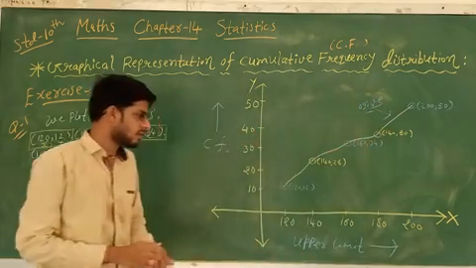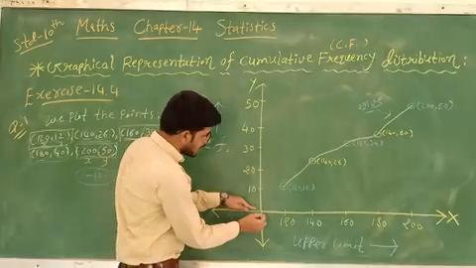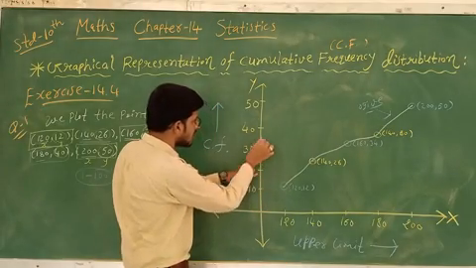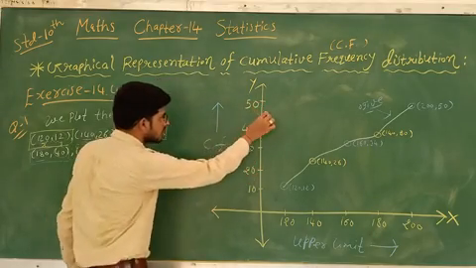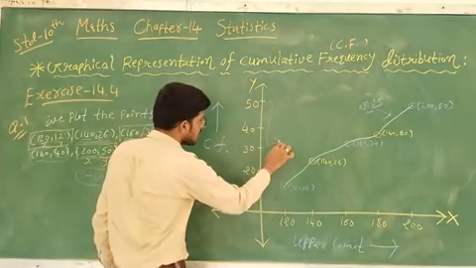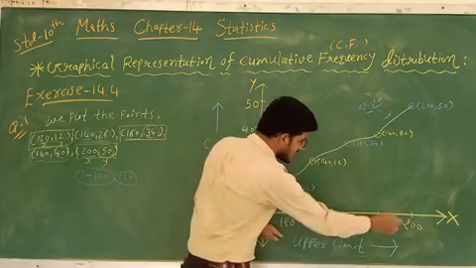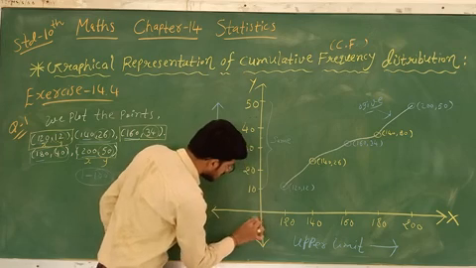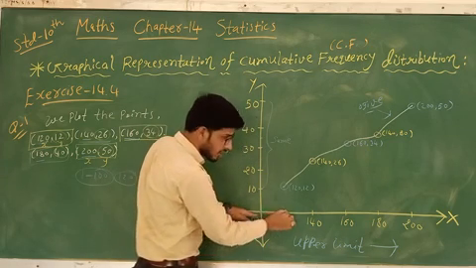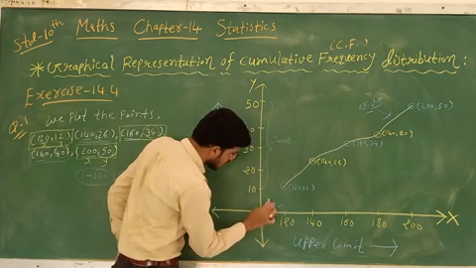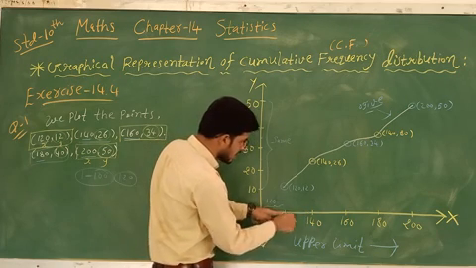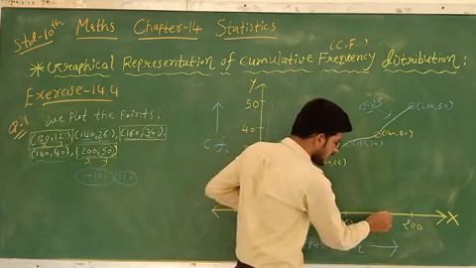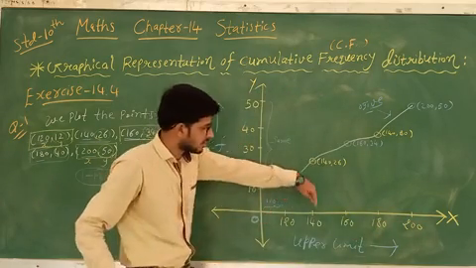One more thing here. Observe that on the y-axis the gap is 10 units: 10 to 20, 20 to 30, 30 to 40, 40 to 50. So the gaps are the same. Now observe on the x-axis. Here is the origin 0, and the gap up to 120 is large. Then we directly jump from 120 to 140, 140 to 160, 160 to 180, 180 to 200. So here the gap is 20.